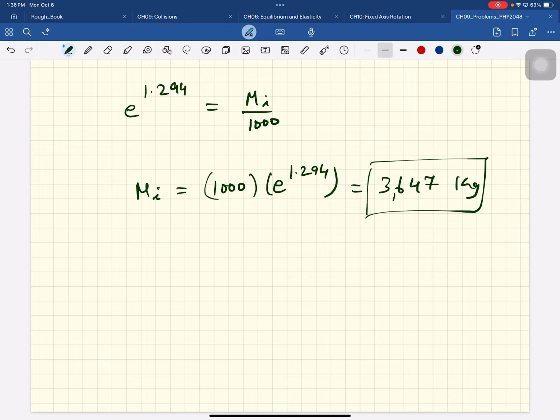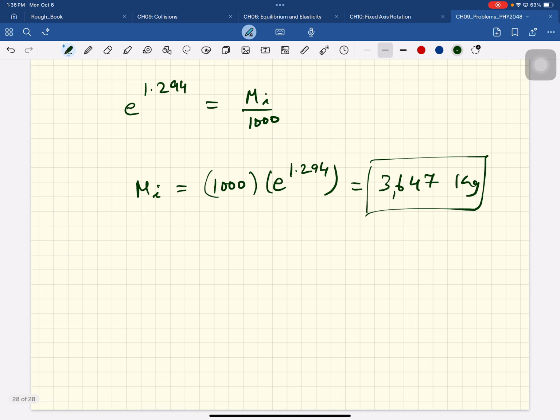So the initial mass of the rocket is 3,600 kgs. All right, that finishes the